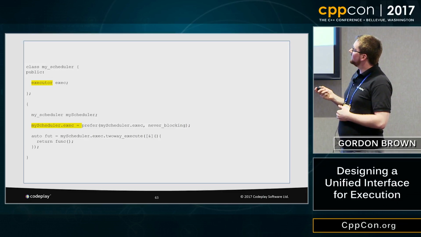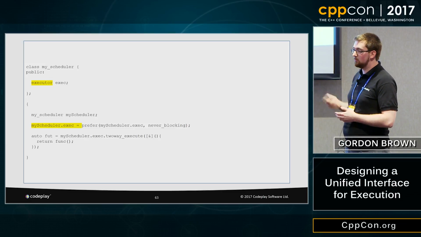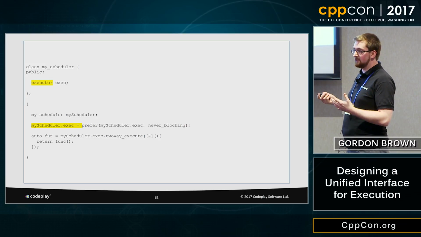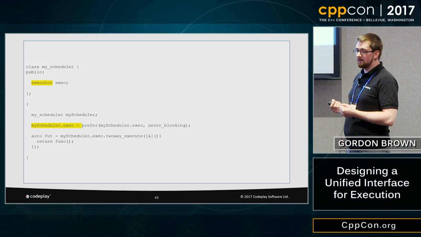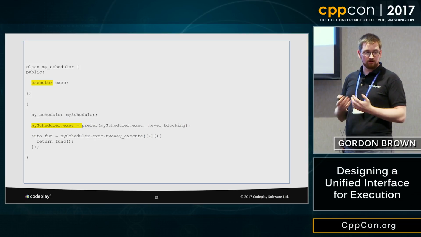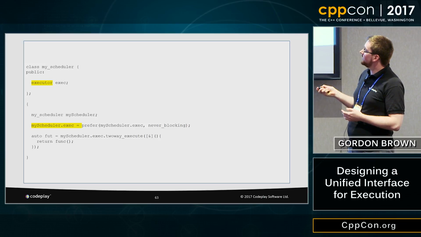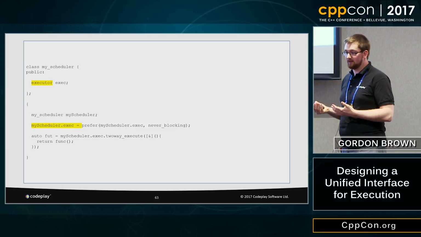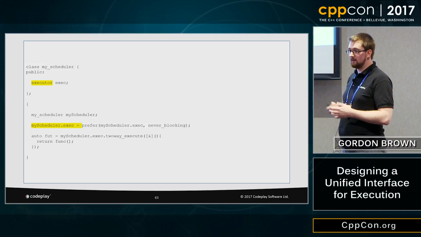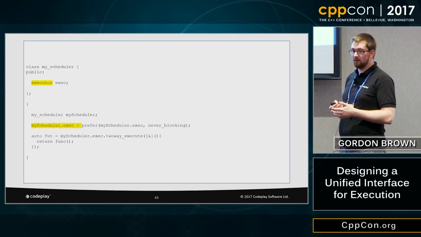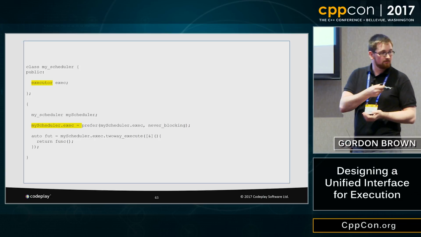So the way to fix this is the polymorphic executor. Replace the 2-way executor with this polymorphic executor. First of all, this is now a generic executor type, and the polymorphic executor can be assigned to and constructed from any valid executor type. So here, rather than creating a new executor, we can assign the result of prefer to the existing executor. So we can modify it in line and keep that behavior. Additionally, because prefer can now, rather than returning a static executor type,